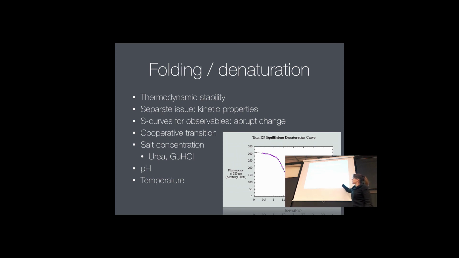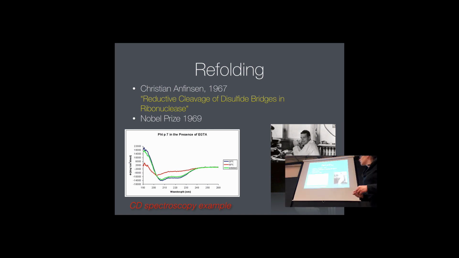So this tends to say that our process of unfolding is going to be cooperative. And again, I'm not talking here about kinetics because you've seen this with Burke. This is really about thermodynamics and measuring the steady state properties at the end of the transition. So this was in the presence of a denaturant, but other physical things that cause denaturation or unfolding, like pH and temperature, cause the same type of transition, which looks cooperative. This guy, Anfinsen, was the first to show that